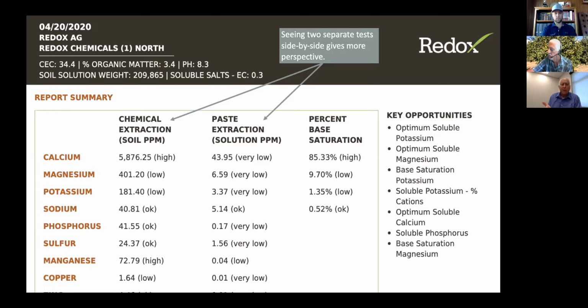Do we need acid-based inputs? Do we need improved biological activity to solubilize that calcium? Do we need to be supplementing at critical physiological stages to enhance what's occurring in the soil? But I emphasize, if we don't have this information in front of us, we're guessing. So I highly recommend that you gather information to determine what calcium practices and inputs are going to have the